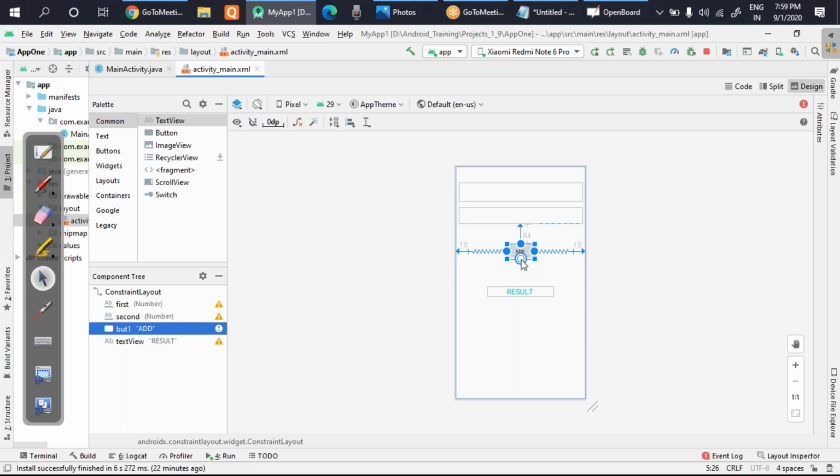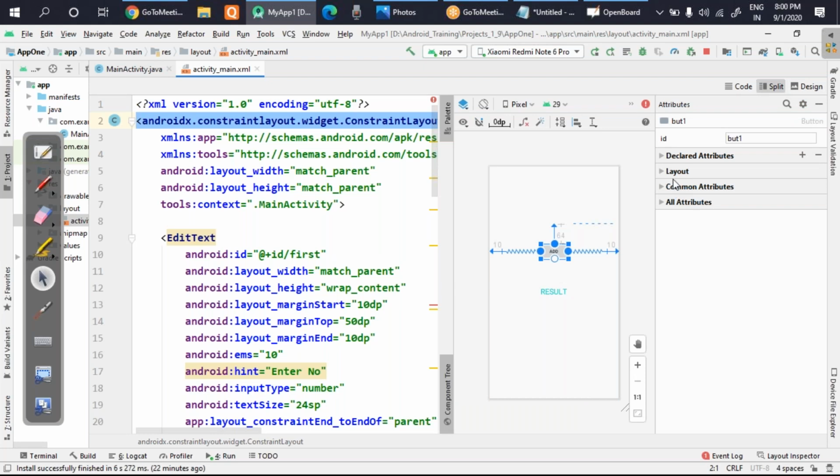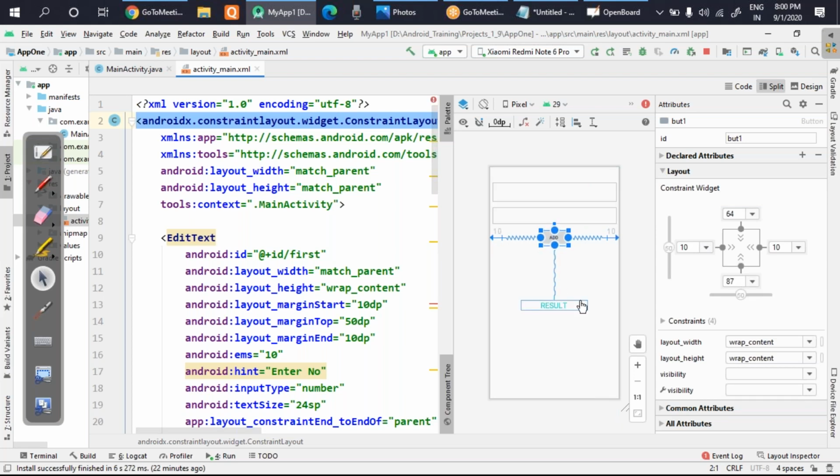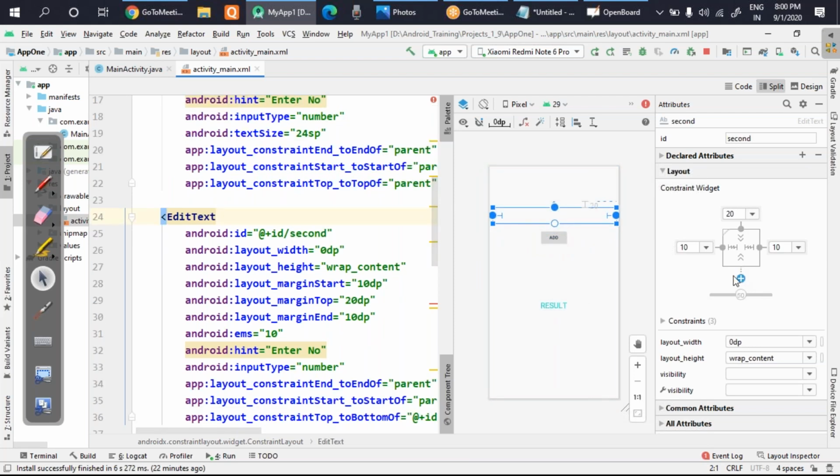So this is not connected. Please keep in mind you have to connect each and every component. So let's move to the split part and connect everything. It's showing plus here. It should get connected to each and every one. If I click this, it's getting connected. So let's again move to each and every component and connect everywhere.